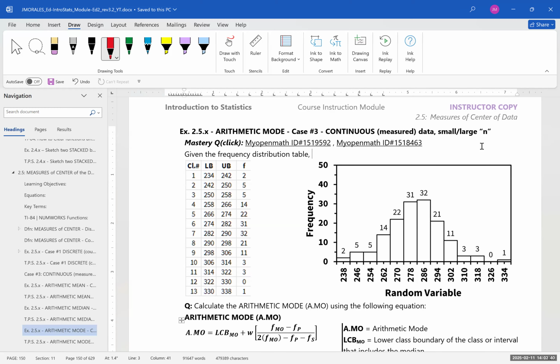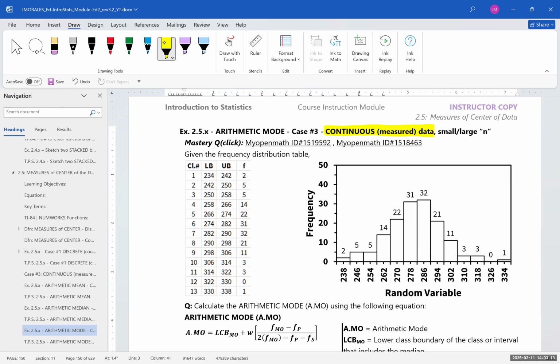Okay, let's look at both the definition and an example of calculating the third measure of center, the arithmetic mode. And once again, we're looking at a situation where we're dealing with datums that are continuous, meaning they're measured. Now, what makes the arithmetic mode a little different than calculating the arithmetic mean or the arithmetic median is that